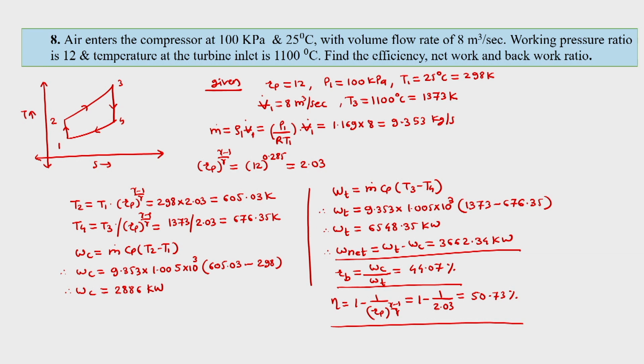So this is the way we can solve the examples related to the Brayton cycle, which is ideal, where everywhere we consider all the components, like turbine and compressor, with 100% efficiency. We have considered Cp, Cv or gamma as constant. So these things tell us that we worked with a standard Brayton cycle, which is ideal.